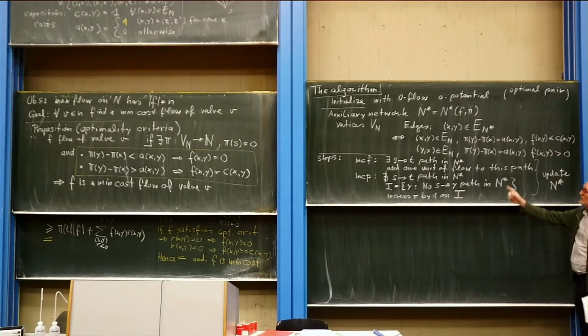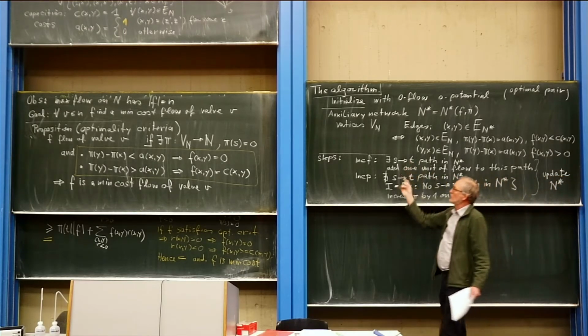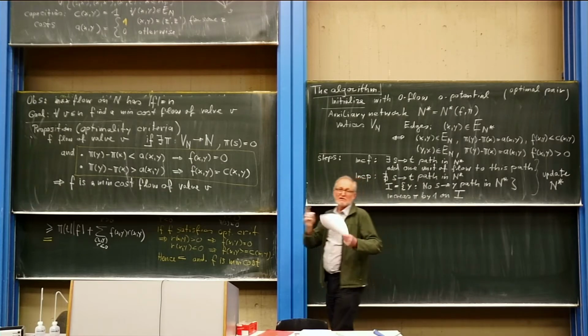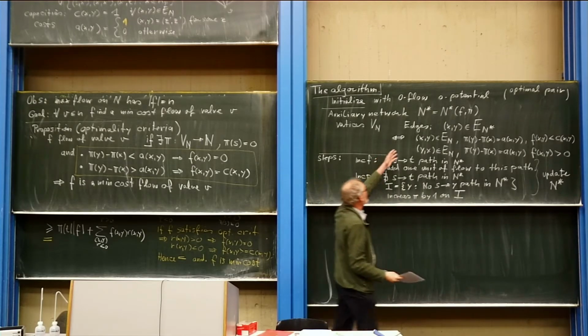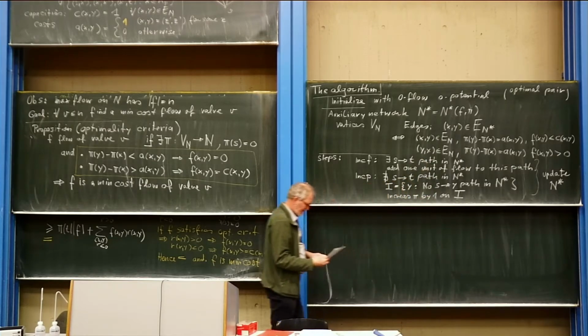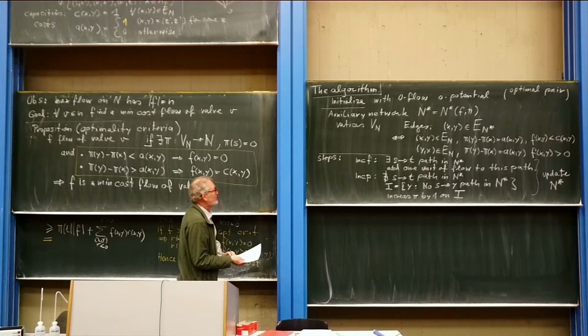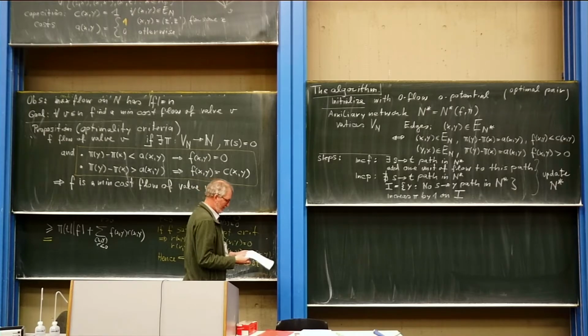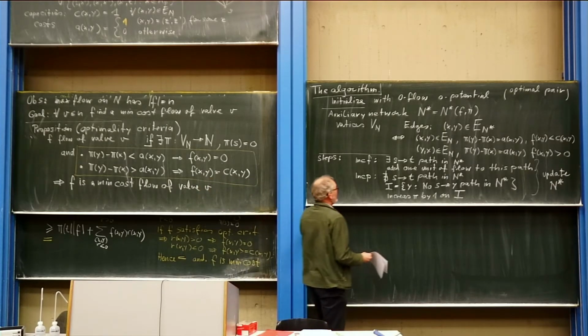Of course, by adding flow or changing the potential, the conditions for being in the auxiliary network change, and we have to update. Yeah, and now the